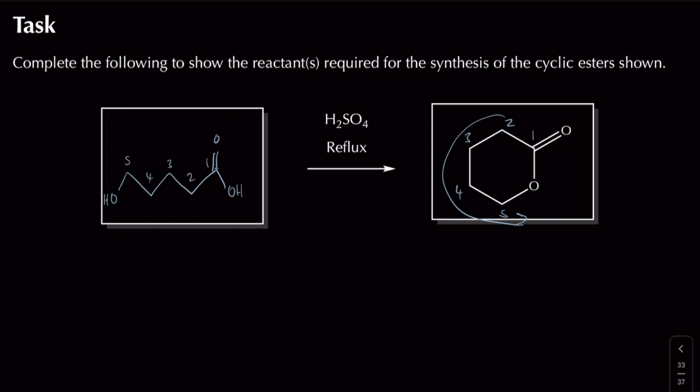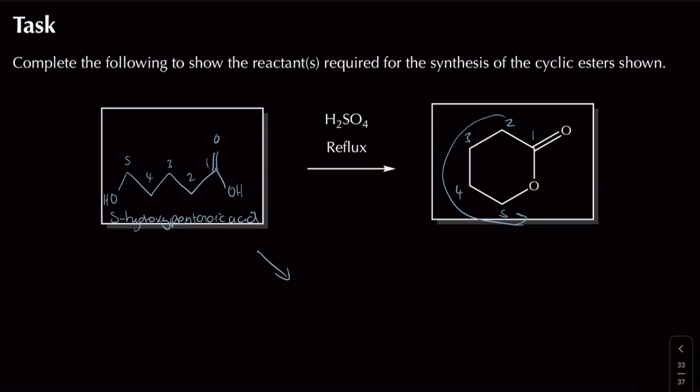Numbering always helps. And in this case, I've got 5-hydroxypentanoic acid. And if we react that with itself, you can end up forming the following structure. Now, you could actually end up forming another product. You can take 2 of these carboxylic acid / alcohol molecules and combine them together in a straight chain as well. So you can end up with a reaction where you form an alternative